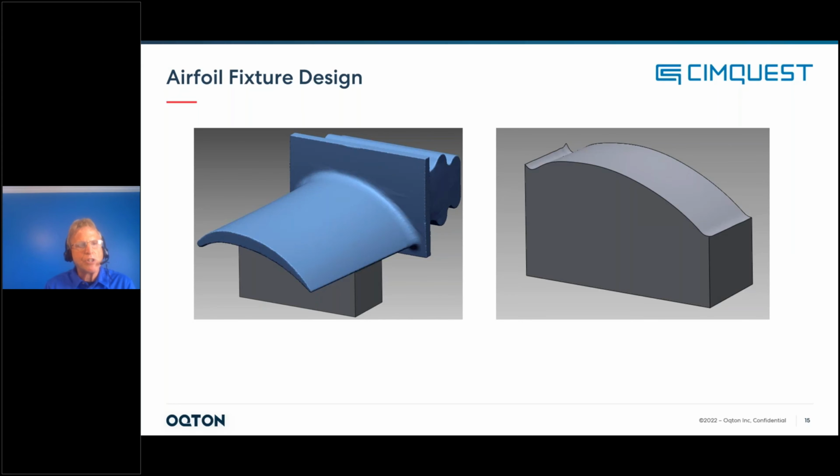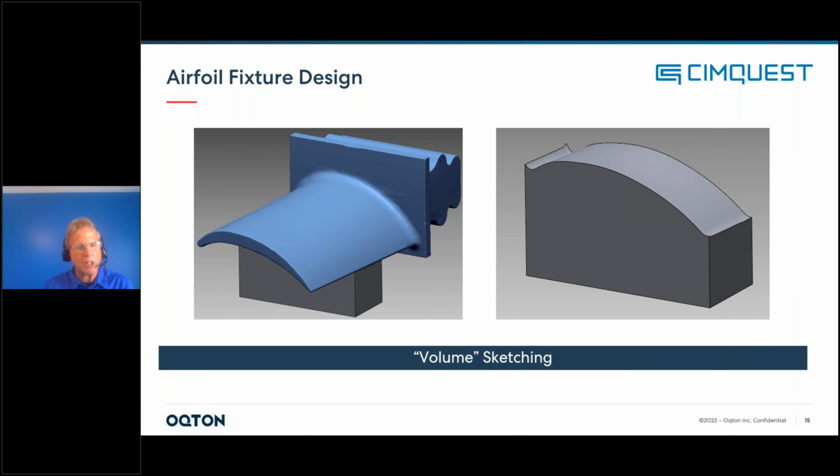The next feature we're going to talk about here, as I mentioned, we're going to step away from the CAM world and talk a little bit about fixture design. So in blue, we have the scan of an airfoil. And what we're going to talk about is how we would create, let's say, a base plate or a riser block that's going to support the underside of that mesh, but we're actually not going to design anything with the mesh. We're going to use the mesh to help design this base plate. And we're going to introduce a concept that we call volume